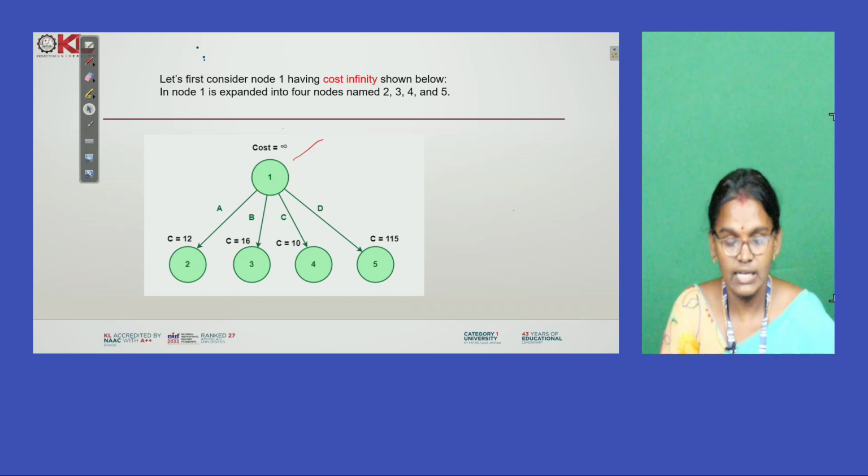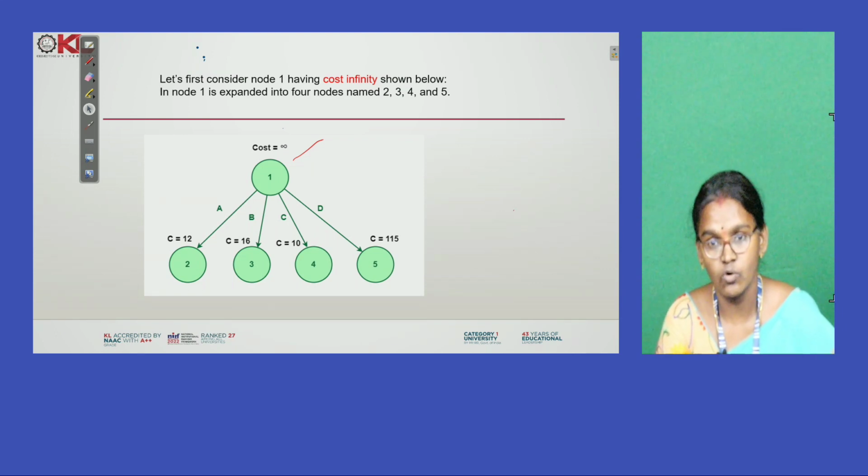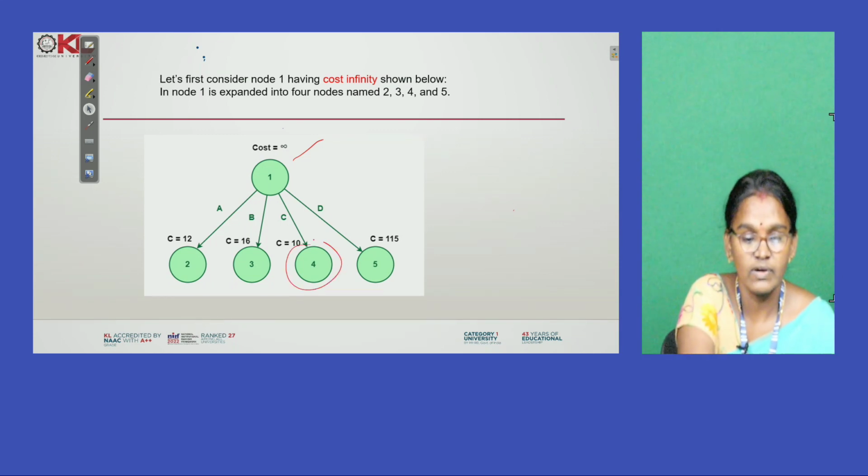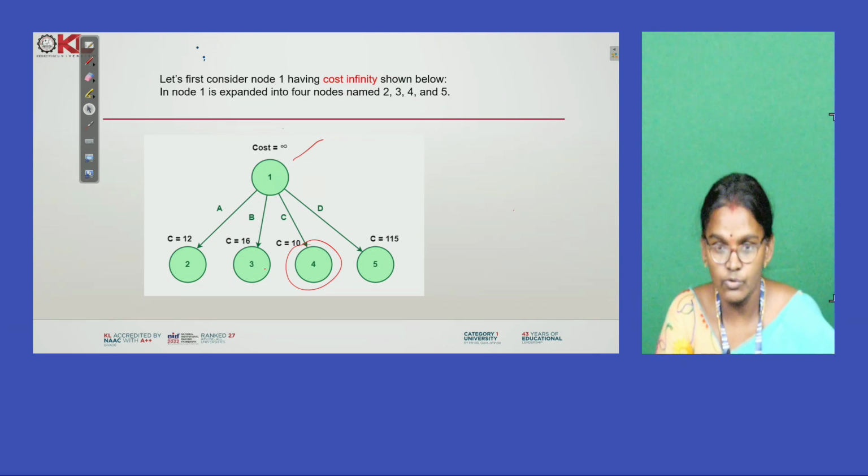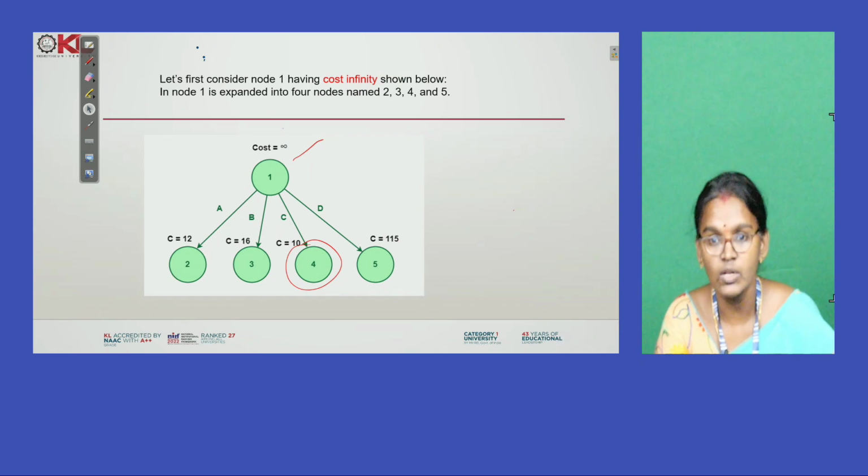So here, comparing the least cost among these 4 nodes, 2 3 4 5, which one is the least cost? Here the fourth one is the least cost node. Based upon this, check whether the node extension is possible or not. First find the least cost node, after that check whether extension is possible.